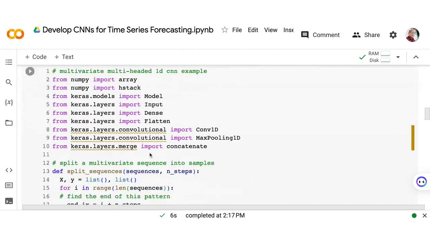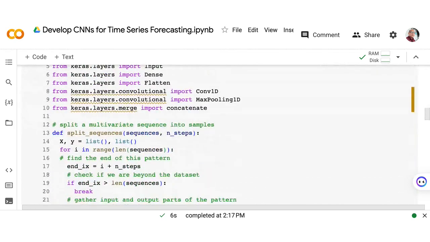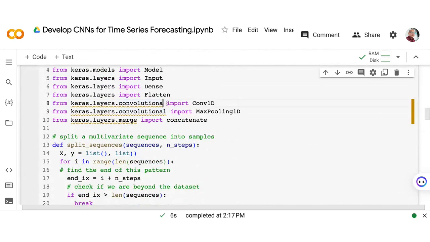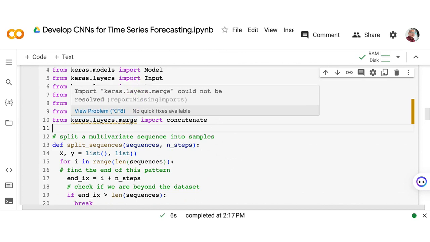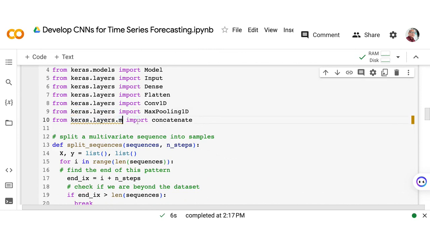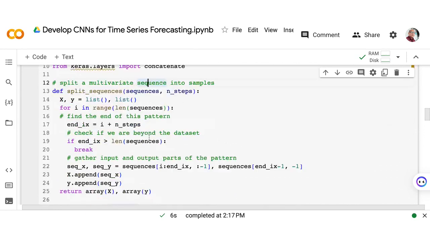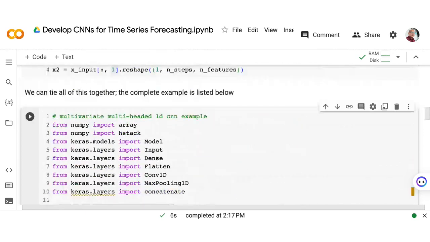Now this is the complete example. So we just try to delete this one also, right? I don't know if this will work, no, this merge here. Maybe we don't need this. Just import the concatenate here. Okay, so let's try to run this.